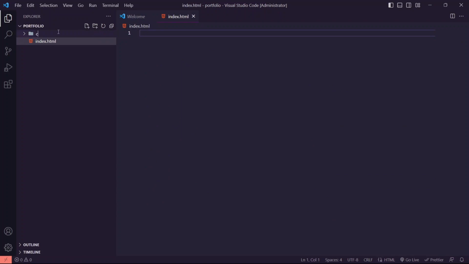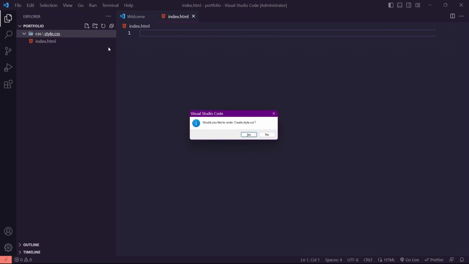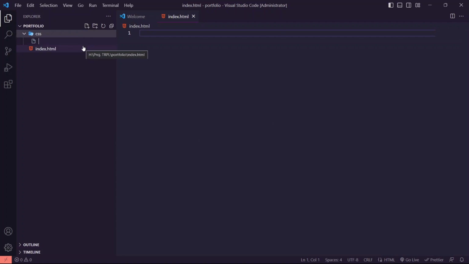also a new folder called CSS, and inside the CSS make a style.css. Oh, sorry. Inside the CSS make a new file called style.css, and responsive CSS also, responsive.css,